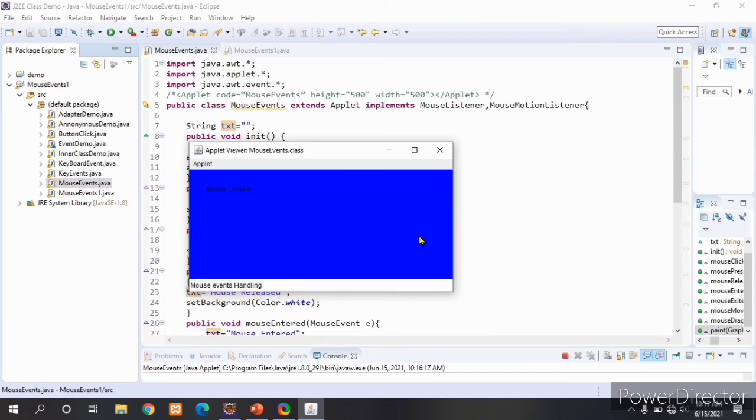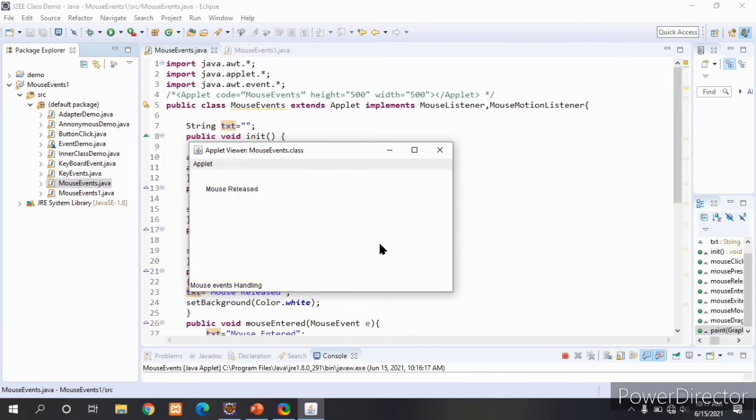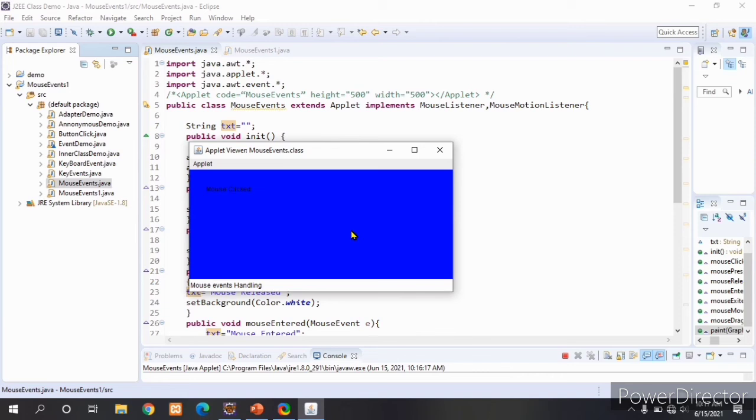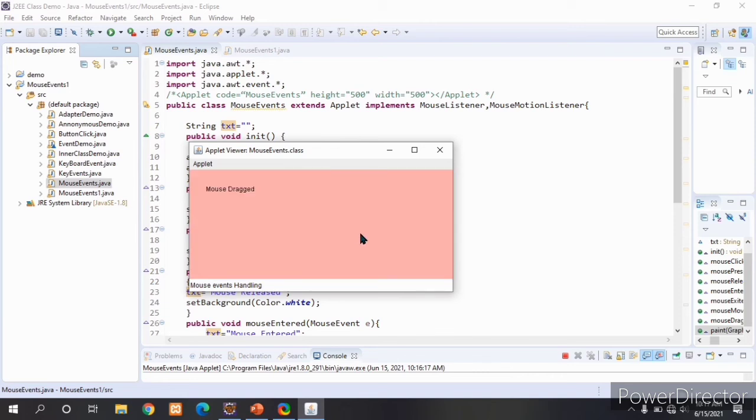I will press a mouse. At that time it will show cyan color, and at the same time I will release the mouse. Now the mouse is released. Now mouse is clicked, in blue color. This is mouse dragging, mouse moving.